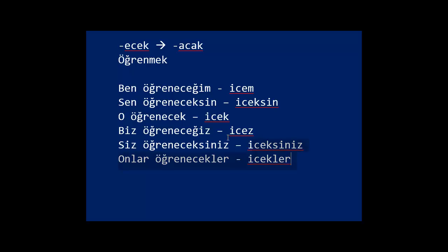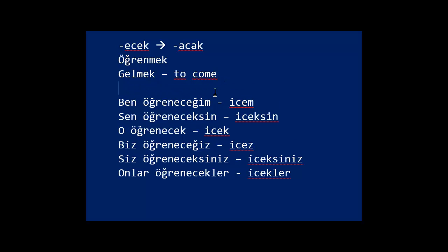Okay. So can you write the verb? Let's say gelmek, which means to come. Can you write it down? And when I say write it down, you have to use the standard forms here. And can you pronounce them out loud? You can pause the video and do this. And I'm gonna do it now. So in written language, it's gonna become